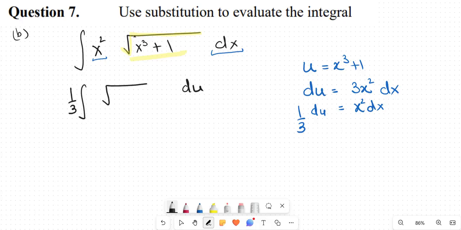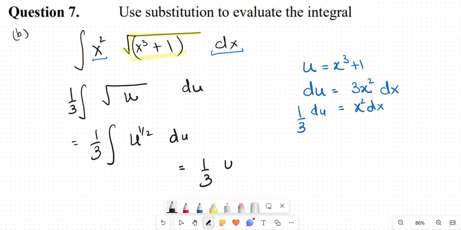The square root of the inside is being replaced by u. So we have this integral now. By the time you do the substitution, there should not be any x left in the question, okay? So our integral is u to the power half du, 1/3, u to the power half plus 1 is 3 by 2, divided by 3 by 2,